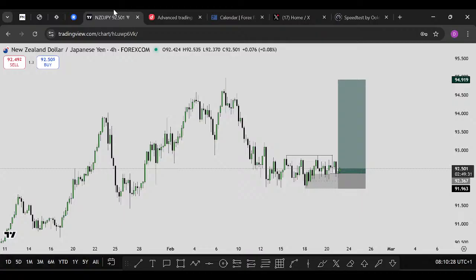Alright, peeps, there's one pidgin word I used to use now. Peeps, not the finish for market. There will always be the market, but it is not certain that your account is always going to be there. The only certainty that will keep your account there is how you manage your risk. So make sure that whatever you've planned, which is what you want to trade, how you want to trade and all that, make sure that you also inculcate risk management in it. Make sure you add risk management inside,